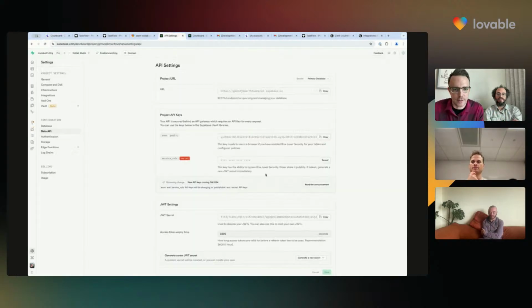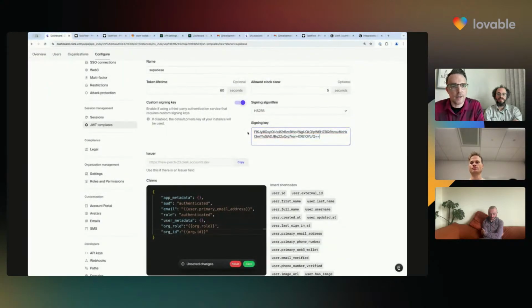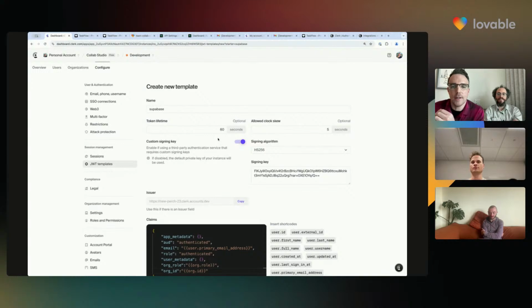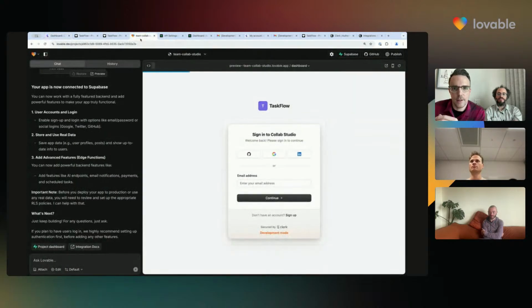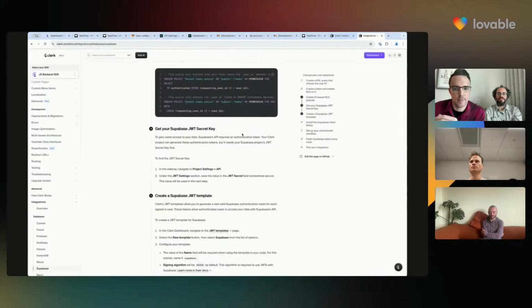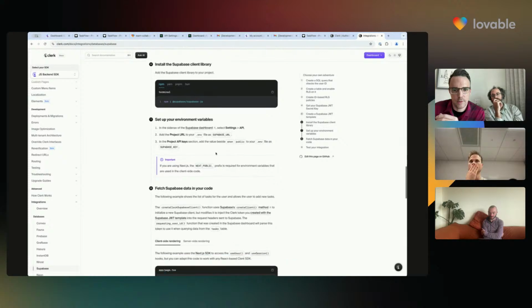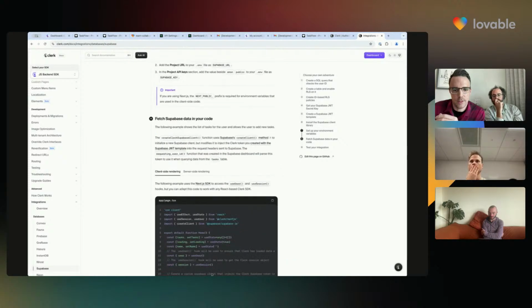I'm just going to double check that I have not messed that up. That will bite us later. Yeah, no, that's it. Okay, we good? Cool. Okay. So this is going to allow Clerk to issue a token that's using this key from Supabase, so that the two can talk to each other. And where are we in our steps? We've done that. Okay, so I'm going to grab a little bit of a base level implementation here and say,